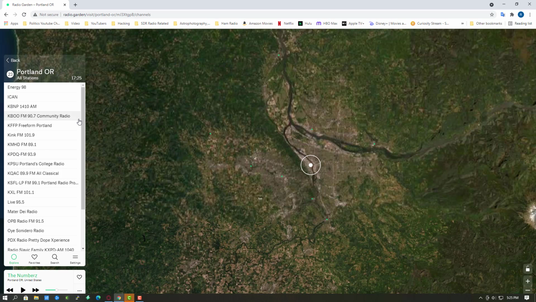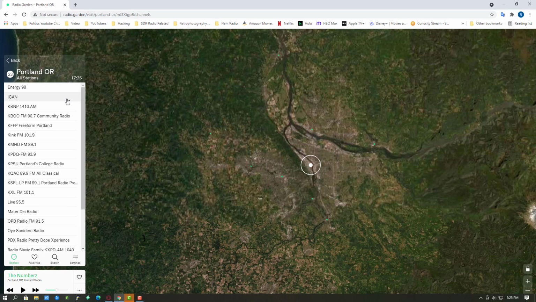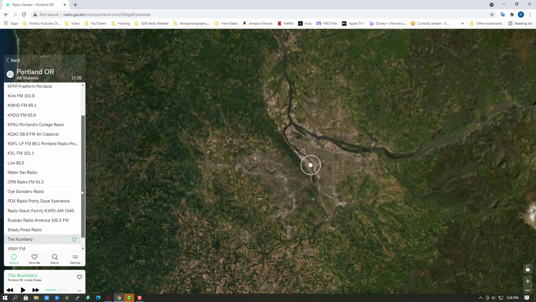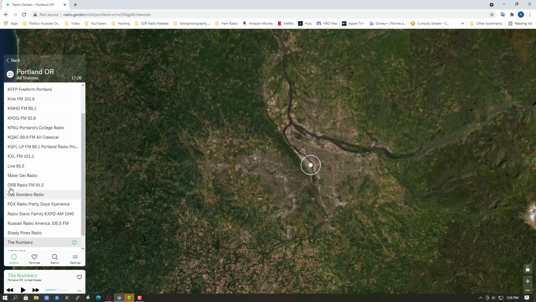And I can tell you right off the bat right now, Portland has way more stations than 23 stations. There are a ton of AM stations that aren't here. I'm a talk show kind of guy, and I don't even see a fraction of the AM stations that should be on this list. They kind of lean heavy on the FM side, and I also noticed that there's a bunch of FM stations missing too.